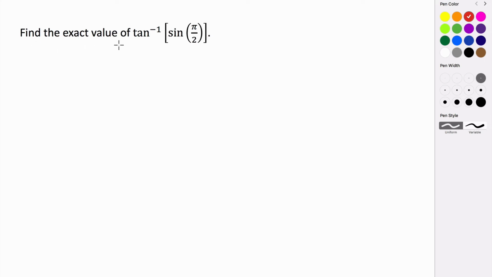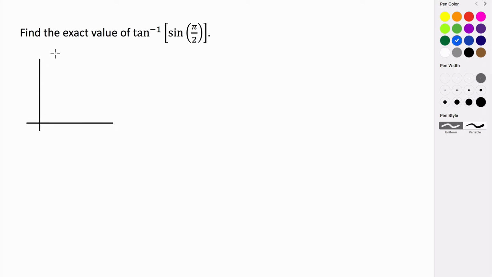In this example, we want to find the exact value of the inverse tangent of the sine of pi over 2. So we know that the sine of pi over 2 is just going to give us some value on the unit circle. Pi over 2 is on the positive y-axis. So if we take a look at the unit circle here,